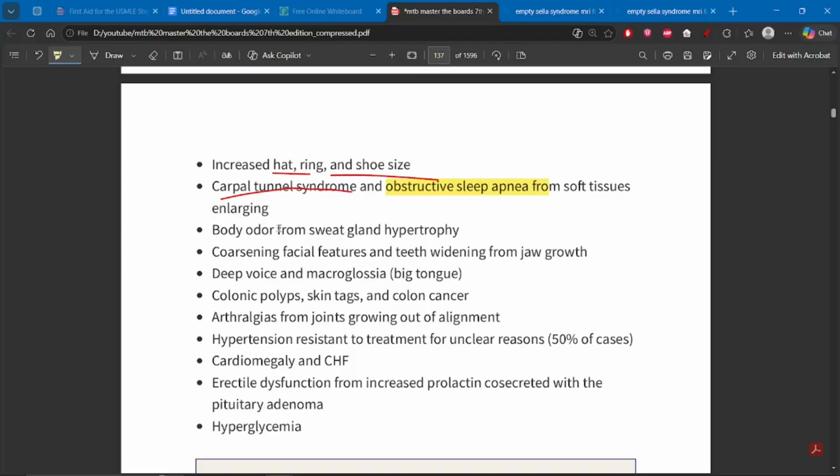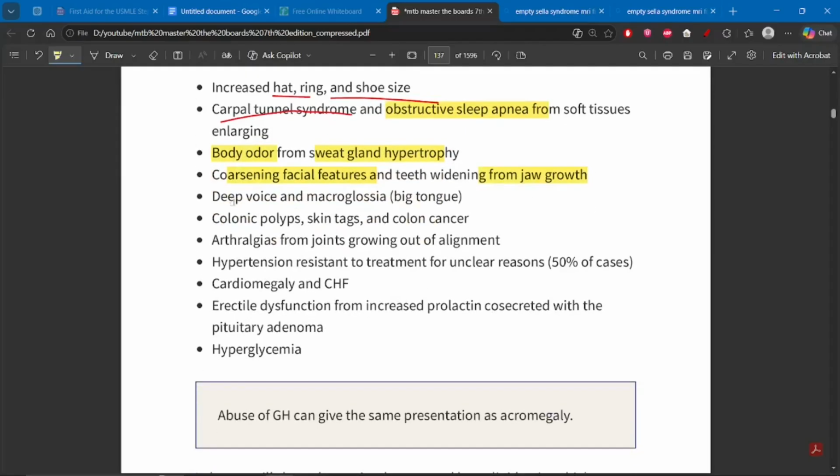Body odor can occur due to sweat gland hypertrophy, and there are coarse facial features and widening of the jaw. There's going to be a deep voice, macroglossia, which is a fancy term for big tongue, colon polyps, skin tags, prognathism,